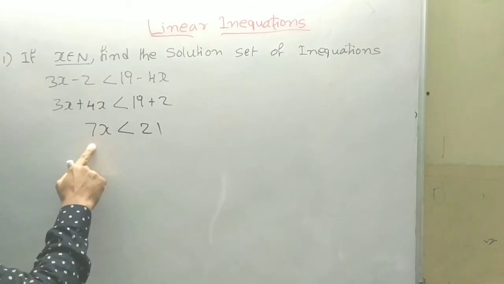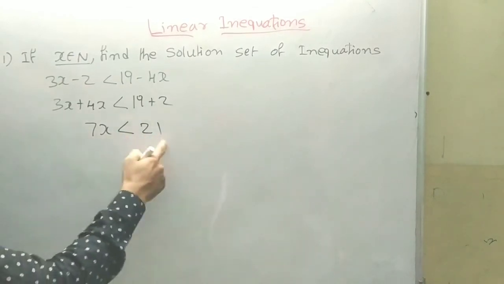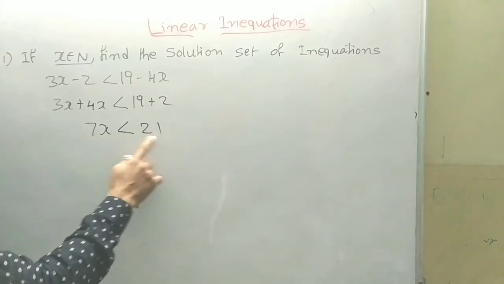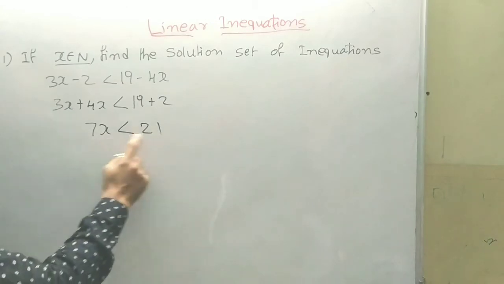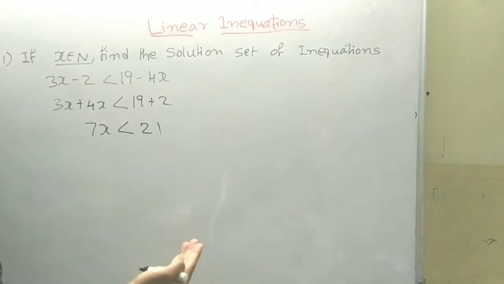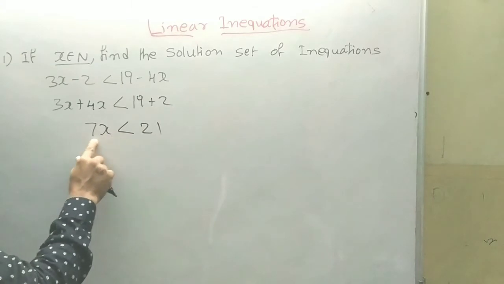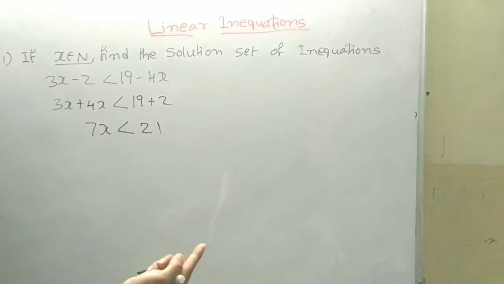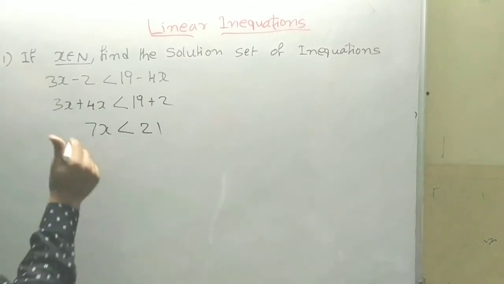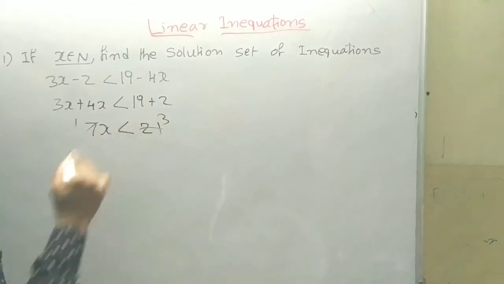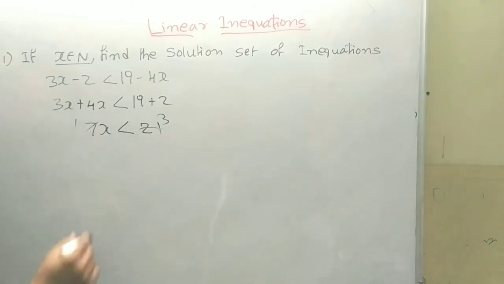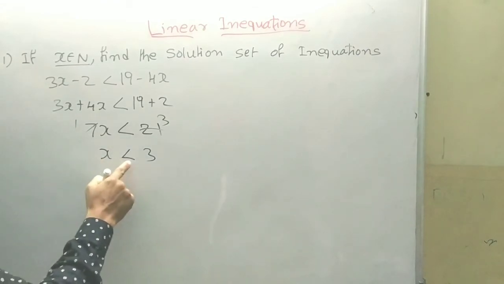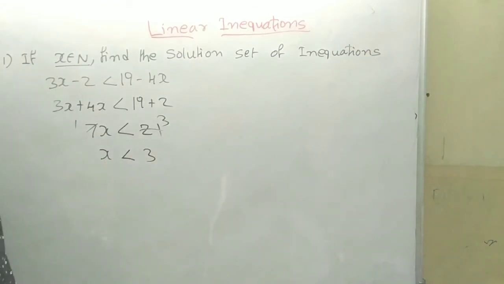On the left side and right side of the inequation, we can divide by 7. In this inequation we can see that 7 is a factor, so we can divide by 7. Or we can say it is in product form, and when I take it to the other side, it becomes division. That way we can also write it. Otherwise, we can directly cancel: 7 ones are 7, 7 threes are 21. So x less than 3. Now you have the solution, x less than 3, as an inequation.